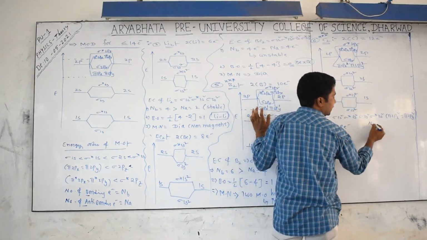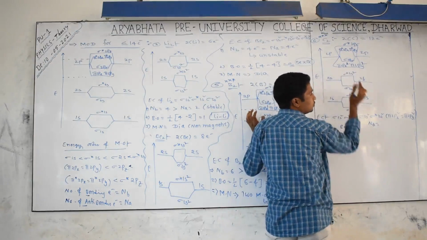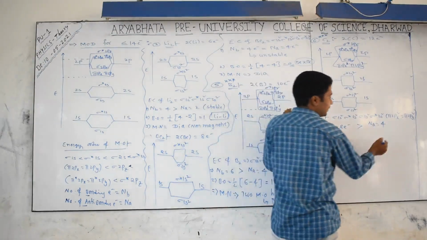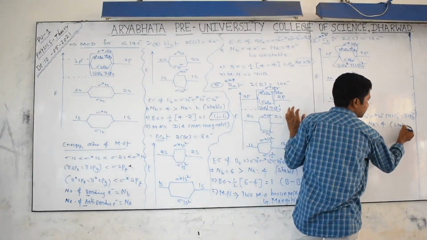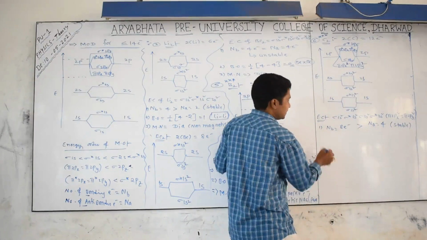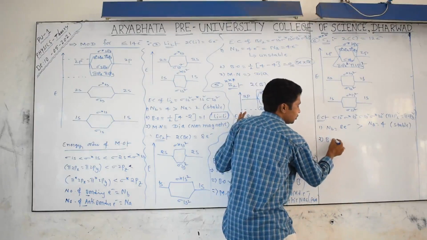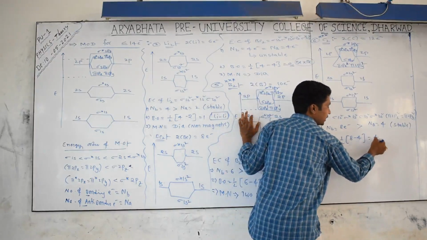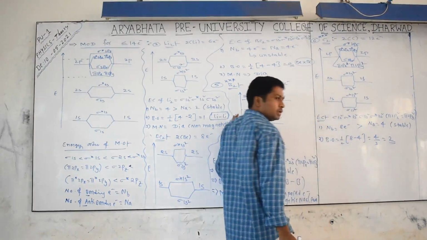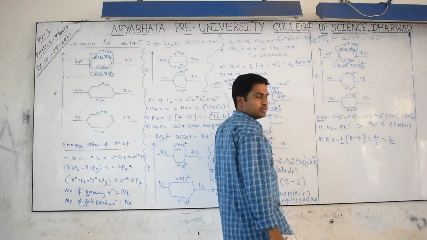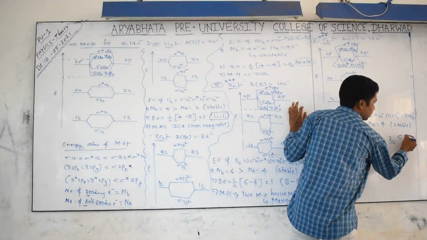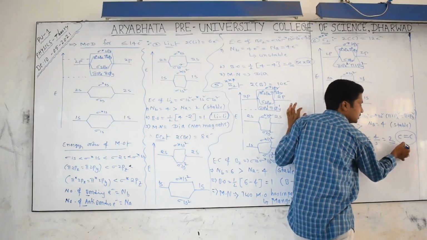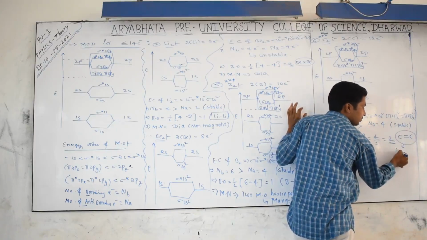And the number of anti-bonding electrons, how many? 2 plus 2, 4. Anyway, bonding is more than anti-bonding, that's why we can tell it is a stable molecule actually. Next, second point, the bond order: 8 minus 4, that is 4 by 2, nothing but 2 we are getting. Bond order 2, what is the meaning of this? It means between carbon and carbon we are getting a double bond, and that's why it is an exceptional case, an unstable particle.